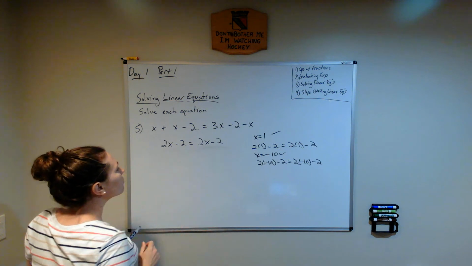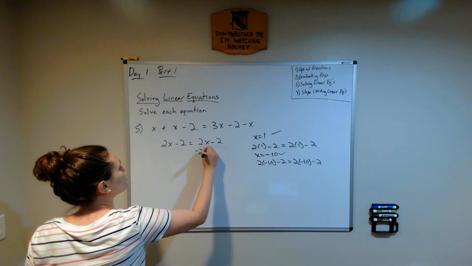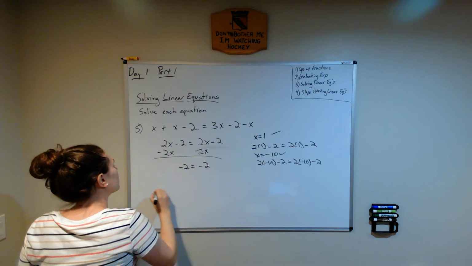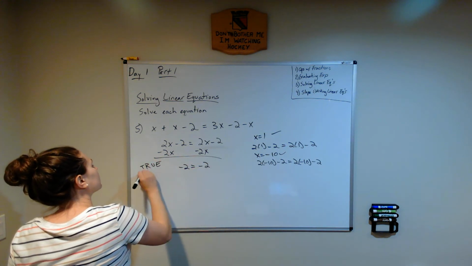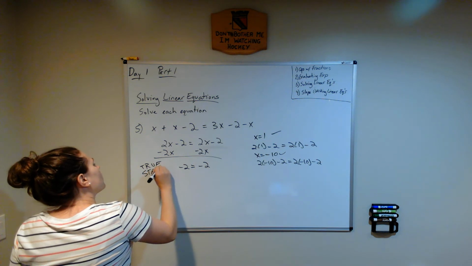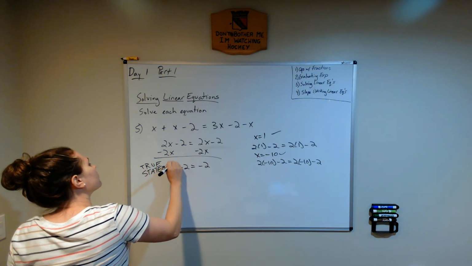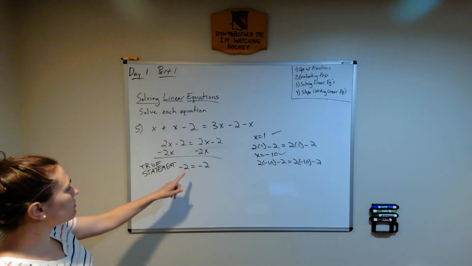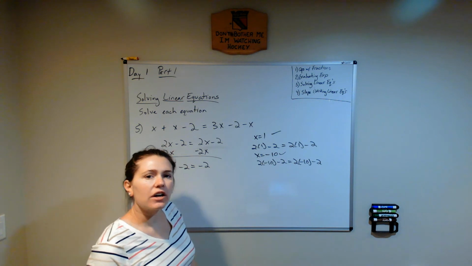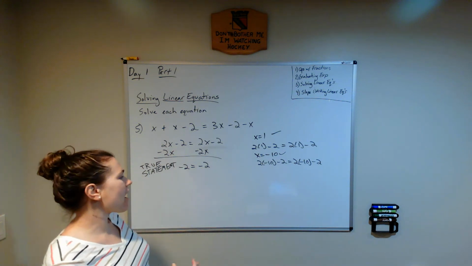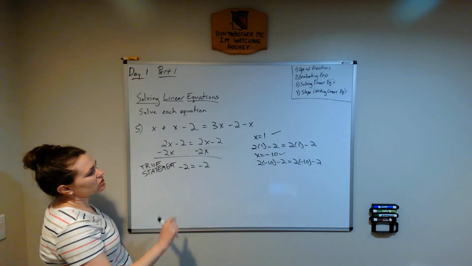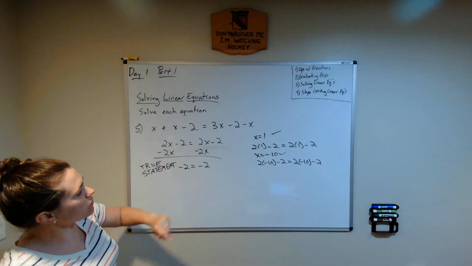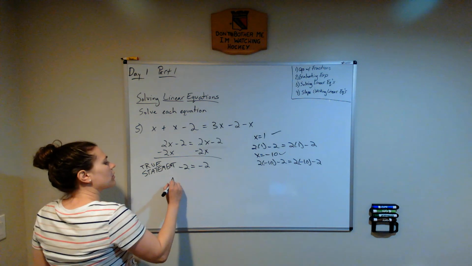So if I go to solve this, I would take away 2x from both sides. And I would be left with negative 2 equals negative 2. This is a true statement. When you go to solve and your x's cancel each other out, and you're left with a true statement, this could be negative 2 equals negative 2. It could be 0 equals 0. It could be 5 equals 5. What this means is no matter what you plug in for x, the left-hand side will always equal the right-hand side. So this is when you have